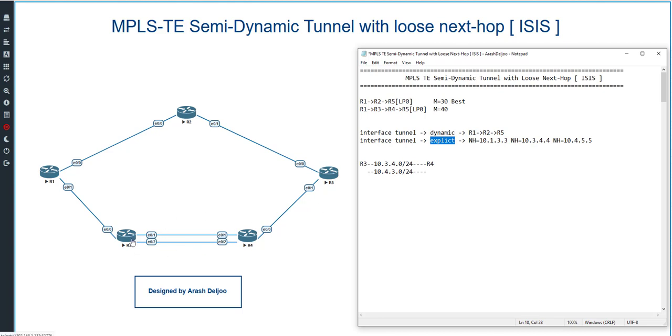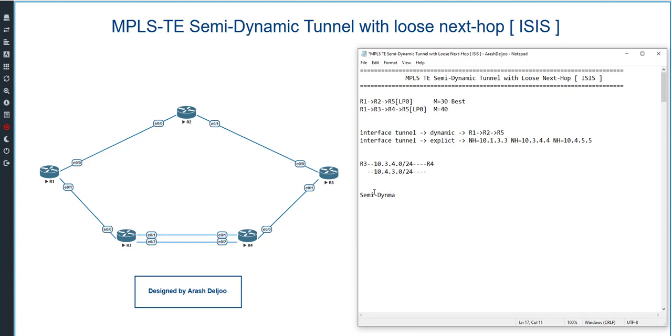Maybe here we have more than one link, for example 3 links, 4 links. How can we use these links dynamically? You know that here we have two, for example, exactly the same paths. Maybe the metric of these paths is different, and you need to use the best metric or best cost. After the best cost link fails, you can use the other link. How can we configure it? The answer is that we can configure